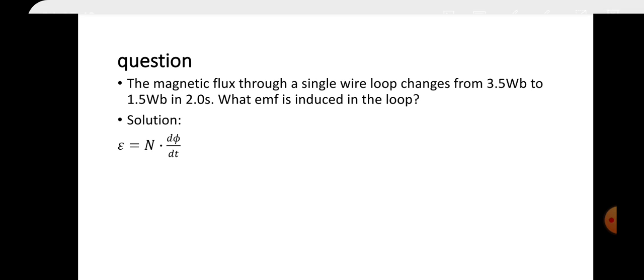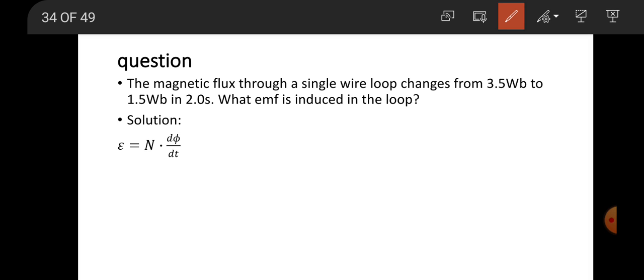Okay, so let's see certain questions here. Now the first one says the magnetic flux through a single wire loop changes from 3.5 Weber to 1.5 Weber in 2 seconds. The EMF induced in the loop is, now if you notice, nothing is said about the number of turns. So in that case, the number of turns is just 1. And it is already given, it says single wire loop, so just 1 times the change in the magnetic flux